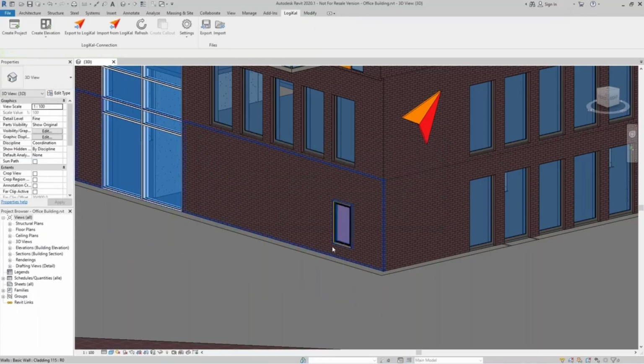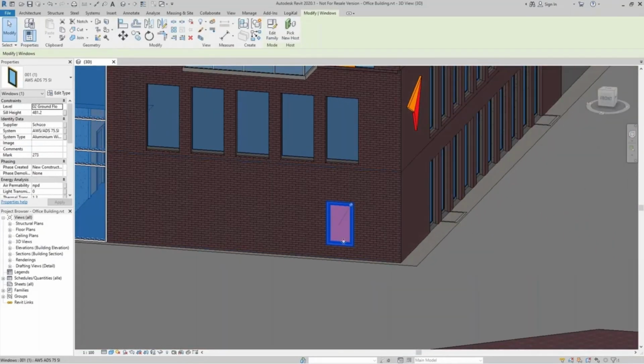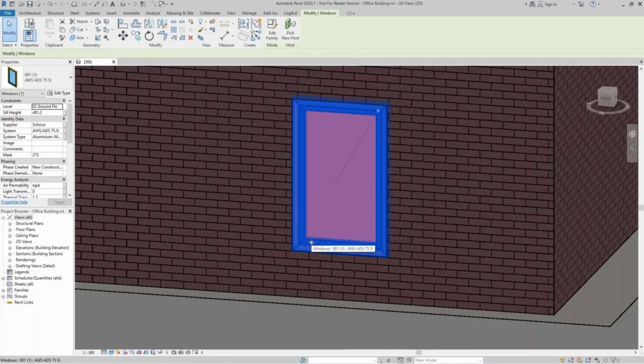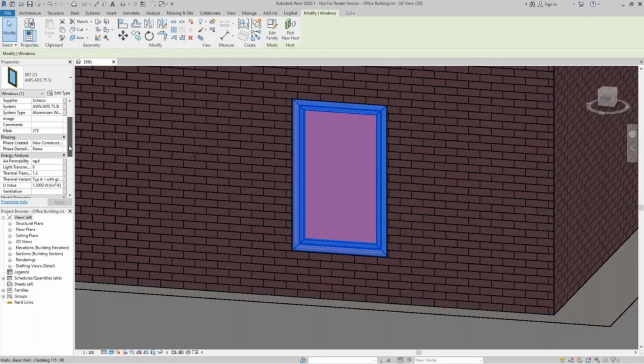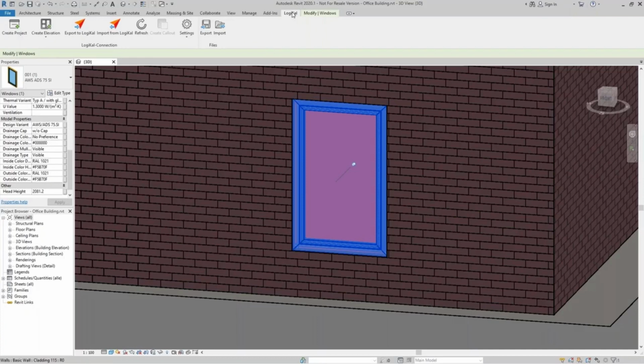So if we now select the window again, and I can draw the building for that, we can see that the window looks like a real window in LogiKal. And on the left side, you see additional information like the system, supplier, and U value or the color. Isn't that wonderfully simple? And of course, the whole thing works with many different elements. And if you don't have Revit and LogiKal available on one computer, you can also export the necessary files here and import them in LogiKal and bring them back to Revit in the same way. I would